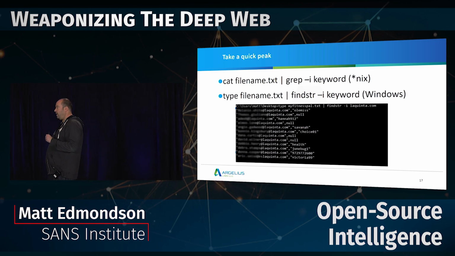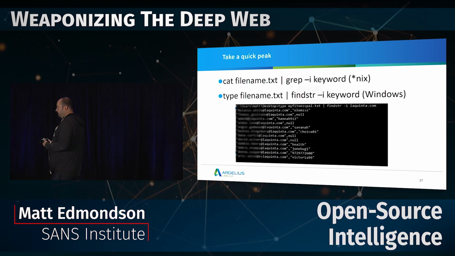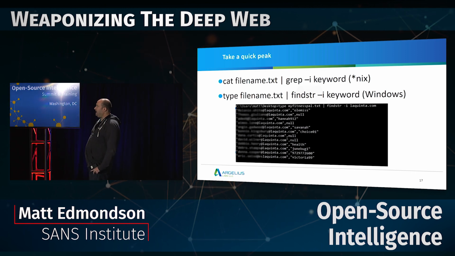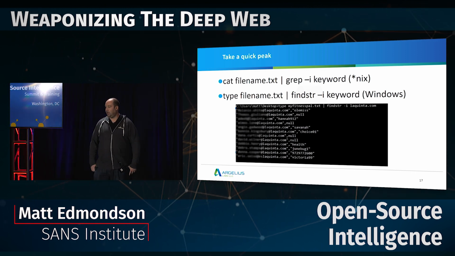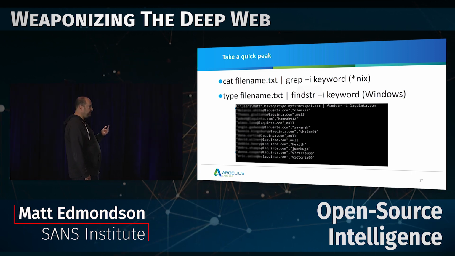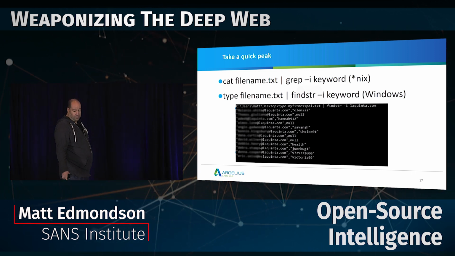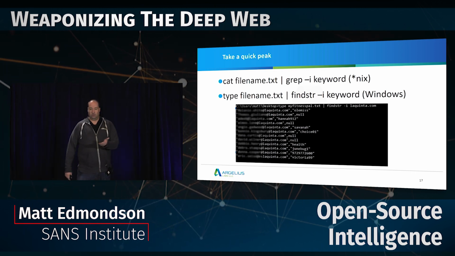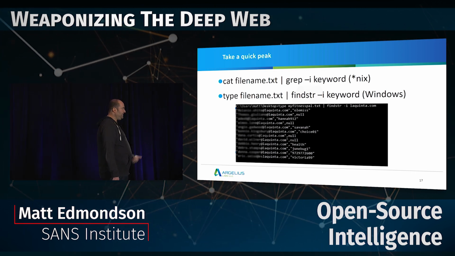And how we can do that right on Linux, most people that use Linux know grep. So we can cat the file name, then pipe to actually take the results and force them through grep. -i makes it case insensitive, and then the keyword we're looking for. So in this case, you can see I only want to see results that have laquinta.com in